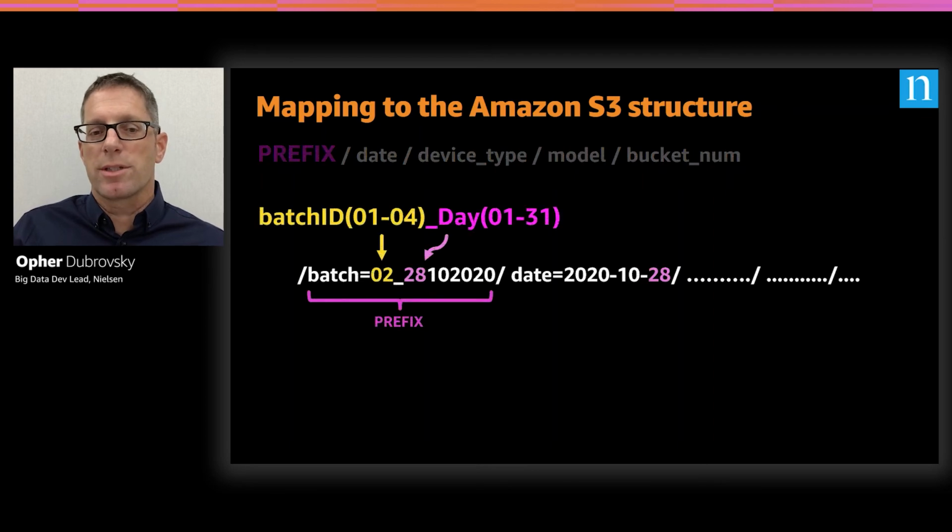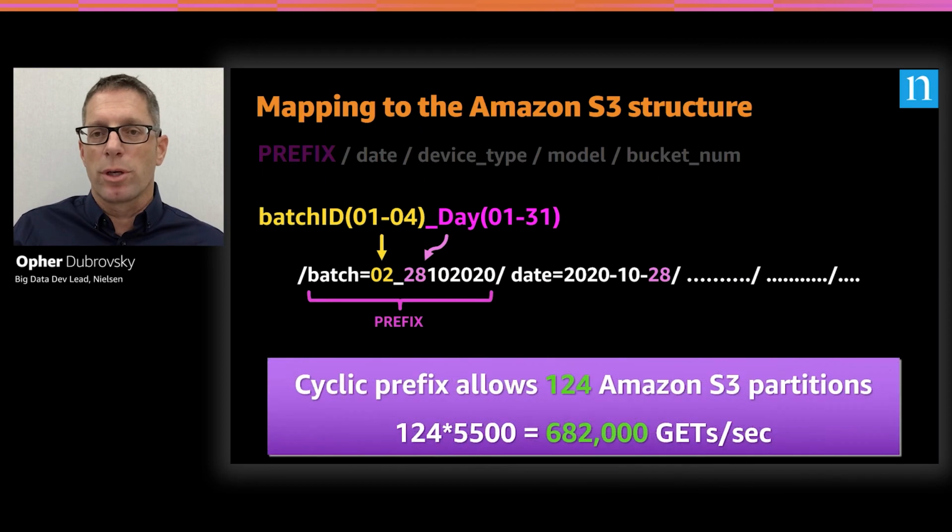So our solution is as follows. We added a prefix to the paths of our data, and it uses 4 digits. One is the batch ID. Batch ID, we write 4 times a day, so we have 4 digits there, 1 to 4. And the second part is the day number of the month. In total, if you do the math, we get 124 combinations, and that gives us 124 divisions of the data